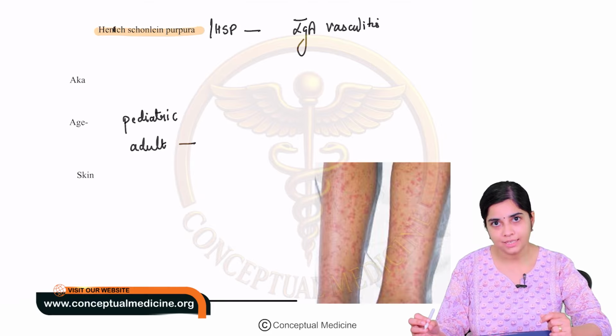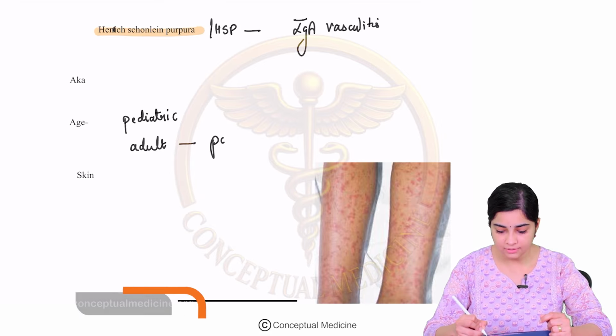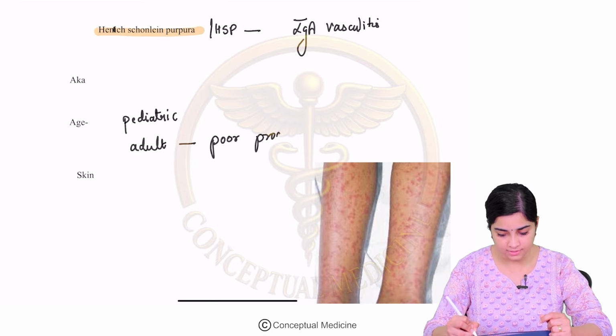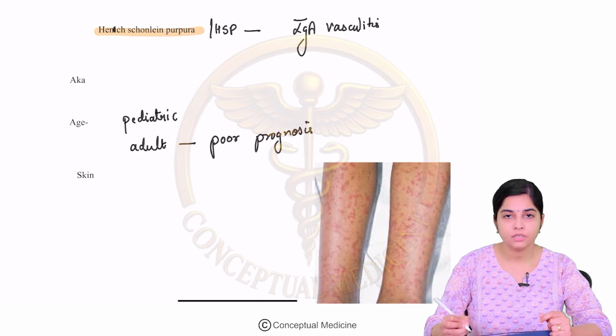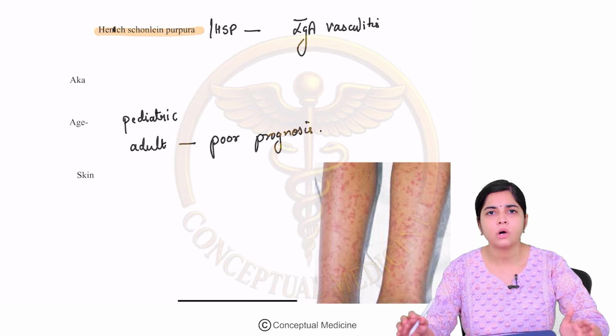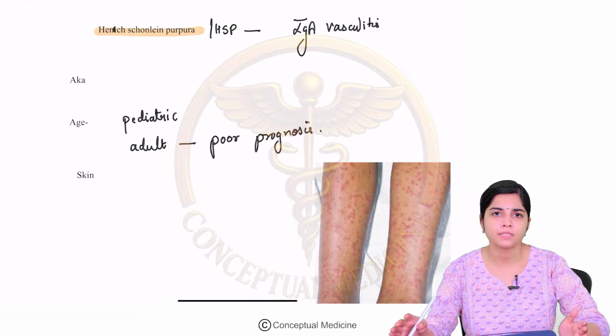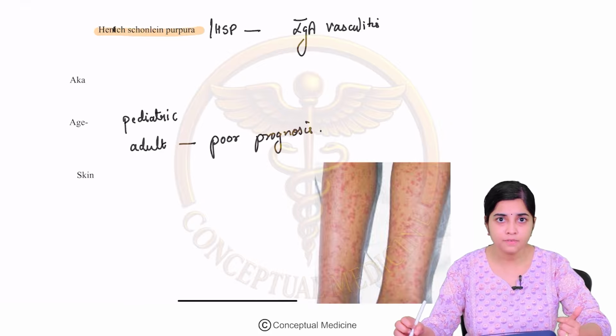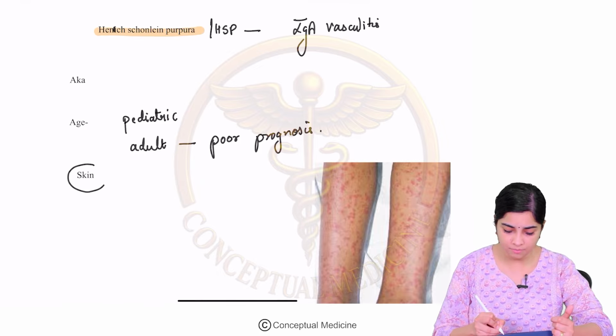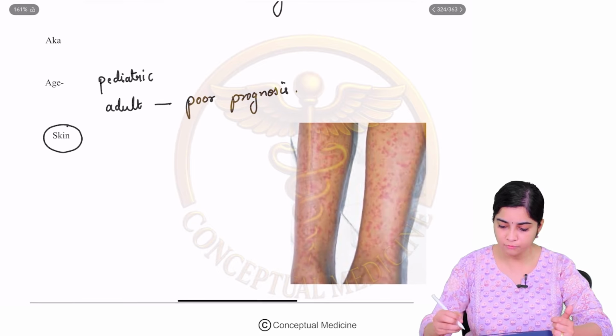If it is found in adults, it can be found in young adults, and it usually has a poorer prognosis in adults. So we have learned that the common feature for most of the immune complex mediated vasculitis, especially the small vessel vasculitis, is that there is a predominant skin involvement in the form of what? Bilateral symmetric